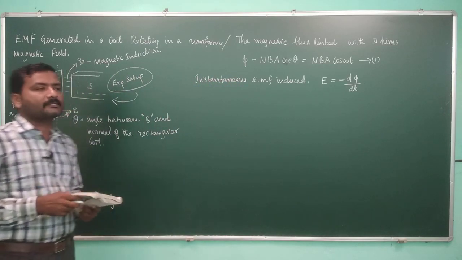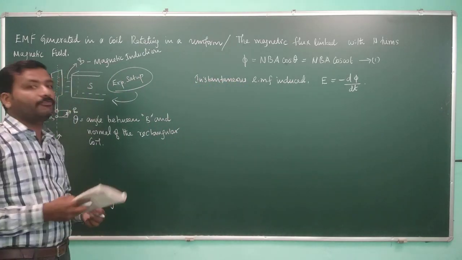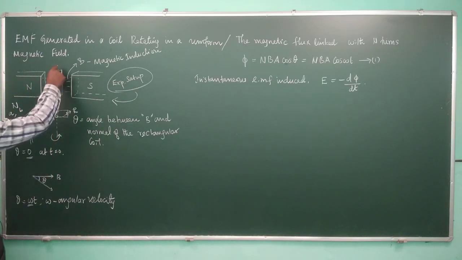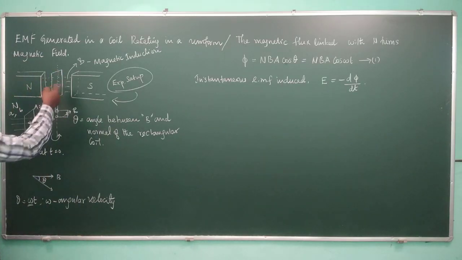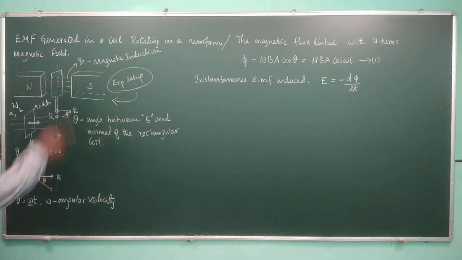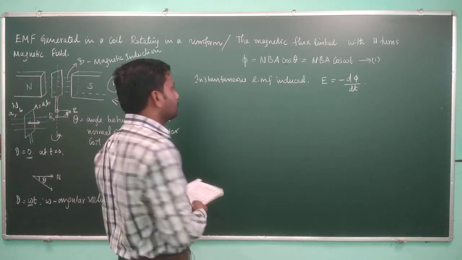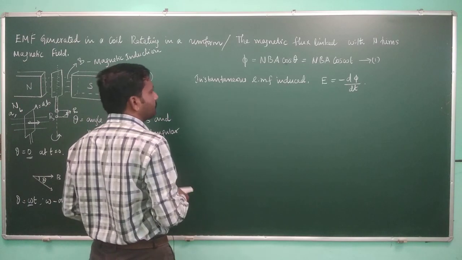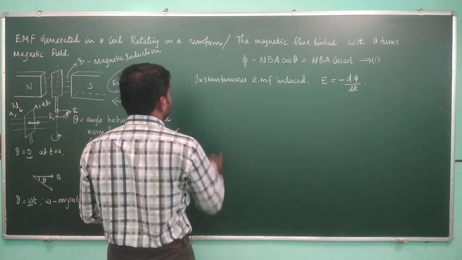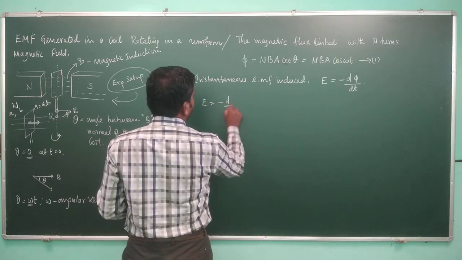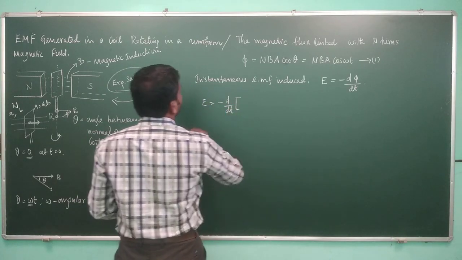Why is it minus here? Because this induced EMF will oppose the flow of the current. If there is a flow of the current, that will oppose the effect of the magnetic induction which creates the flow of the current. So we put minus, and we have the expression for phi,